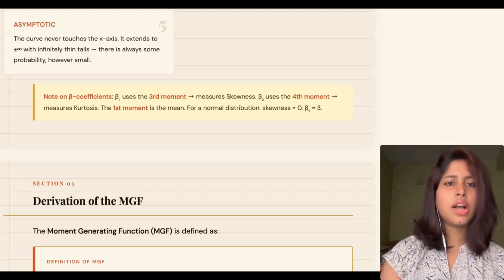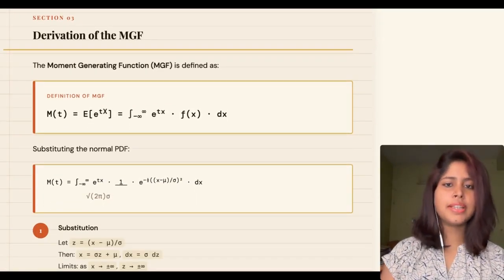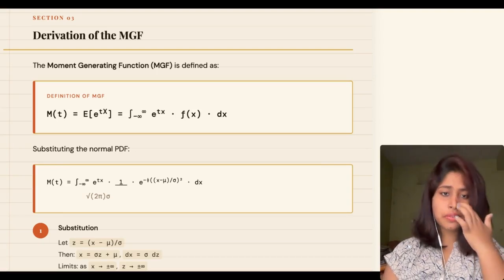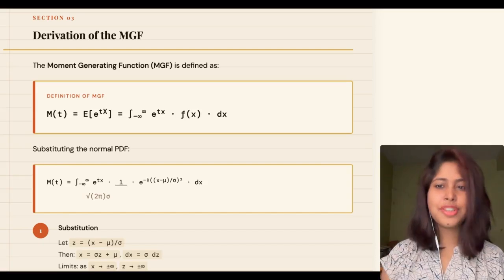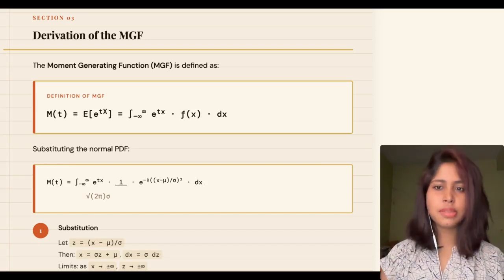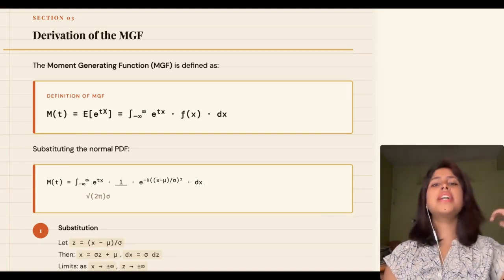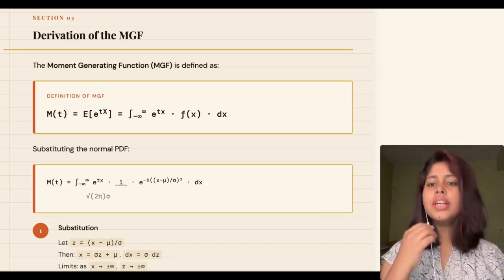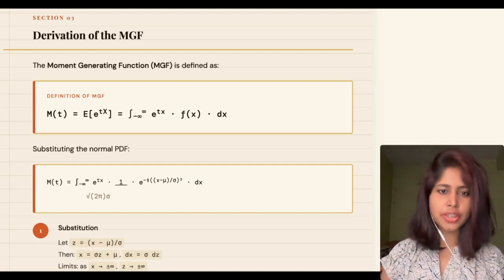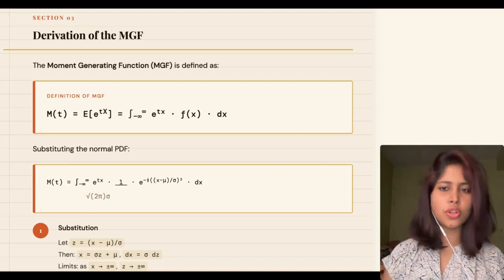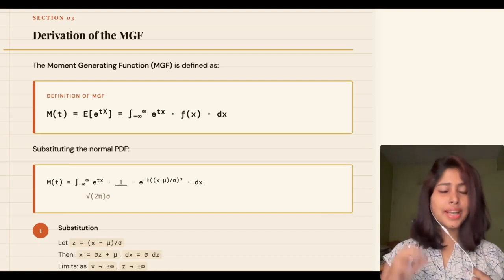Okay, now coming to the most important part of today's lecture, that is the derivation of the MGF. Now, this is where it gets really fun, because now we are going to derive the moment generating function of the normal distribution completely from scratch. Here we are going to understand why the MGF matters, because once you have the MGF, you can find the mean and the variance just by differentiating. We have learned that in different distributions also. No separate calculations needed. It's a one-stop shop, that is the MGF.